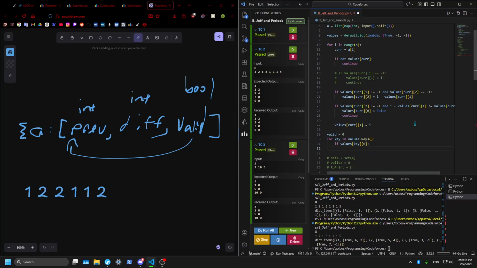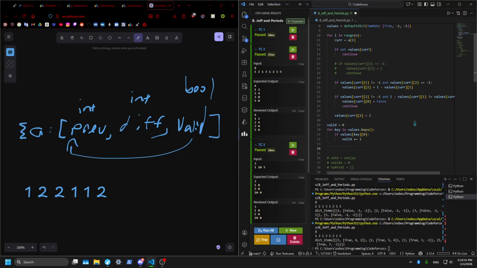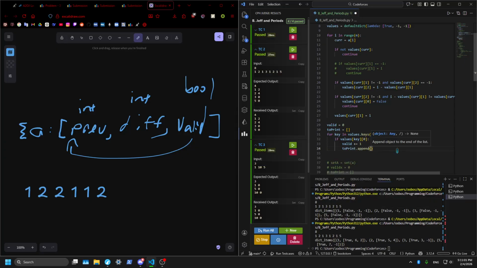Okay, I can just do this. Valid plus equals 1. And then to print equals to print dot append different the